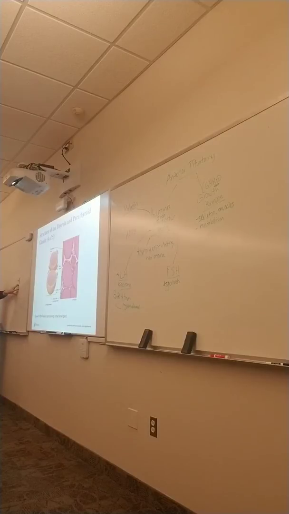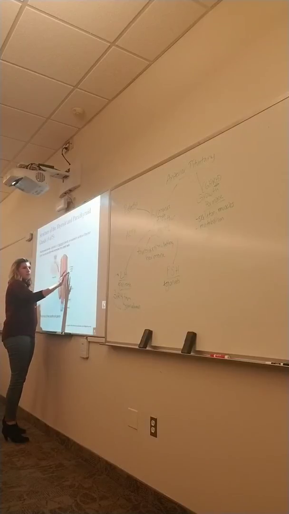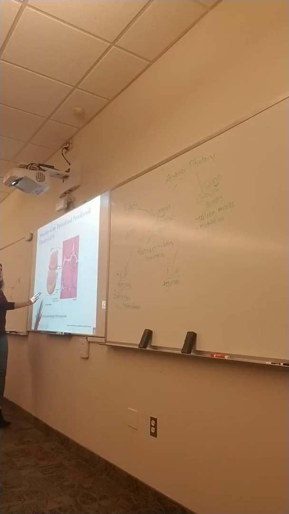So all of that iodine is stored here. Follicular cells surrounding that colloid take the iodide to make the T3 and T4 that we'll talk about. Here you see some of those parafollicular cells or C cells that are not surrounding the colloid.